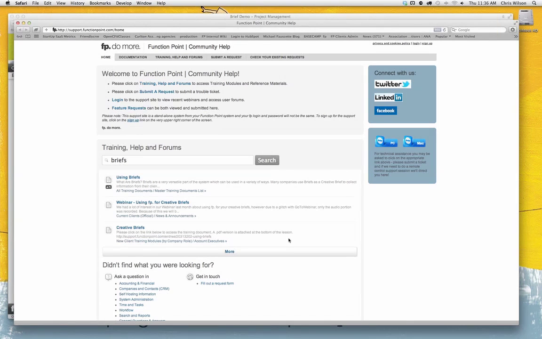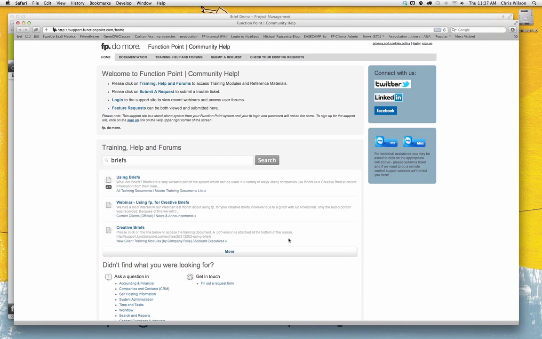A creative brief is your first step and potentially one of the most important steps in creating a successful communications campaign. You need flexibility to collect information that's pertinent to the type of ad or campaign that you're working on. And so we do, as you've seen, allow you to create multiple types of briefs. And as I said earlier, coming with our release in early July, you'll be able to add more than one brief to a specific job. It's going to be a nice little improvement to providing information against a job.